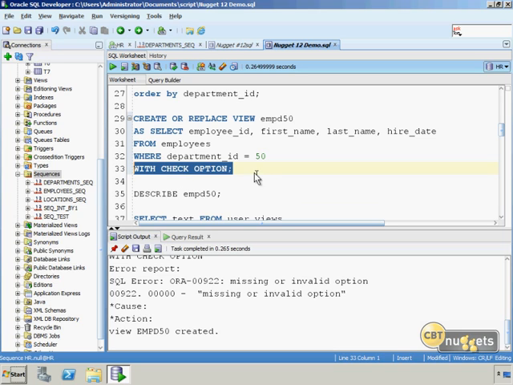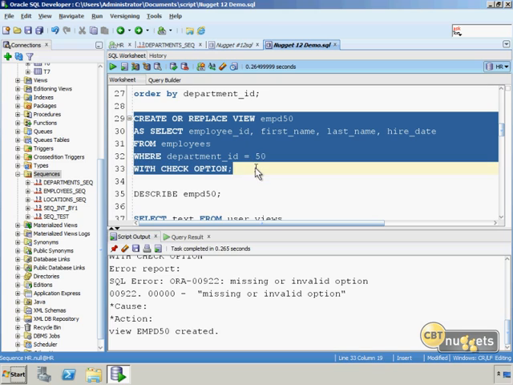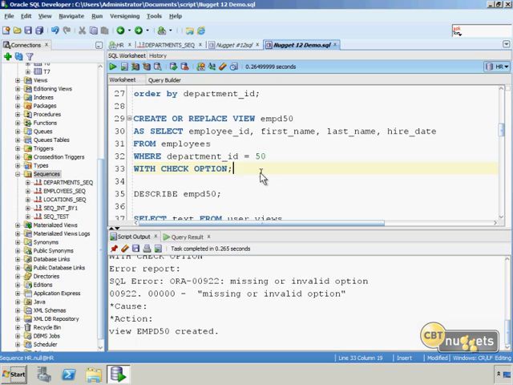It is a constraint that we add to views that ensures that if we're allowing DML to this view, that is to say, instead of just reading rows, if we're giving particular users the ability to say update rows in the view results, that the users cannot make any changes to the view contents that would force a row to not be included in this query. So in this particular view, it shows us employee IDs, first name, last name, and hire date from department 50 only. So let me run a SELECT *